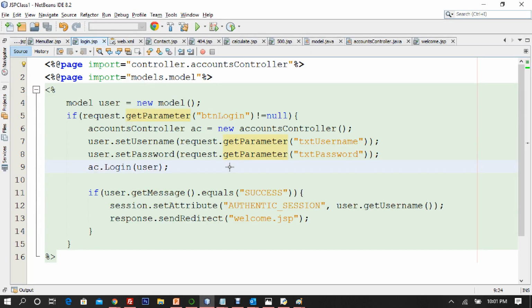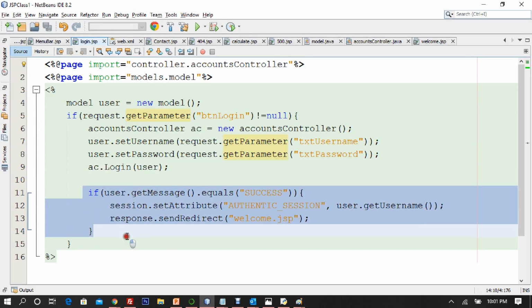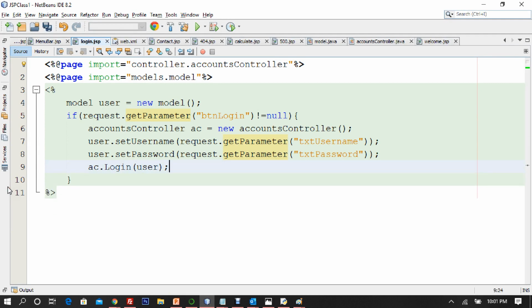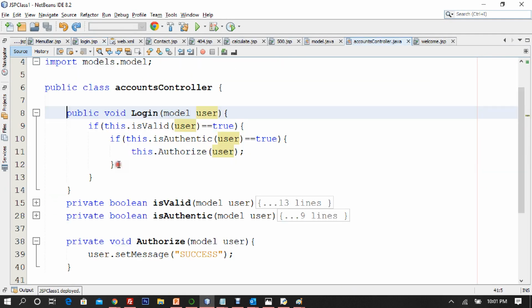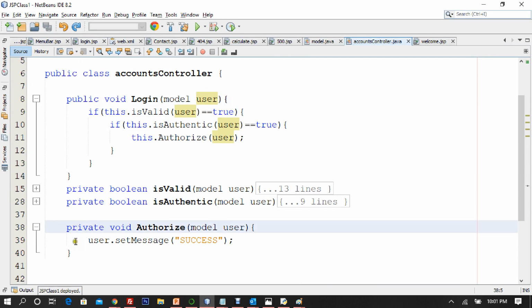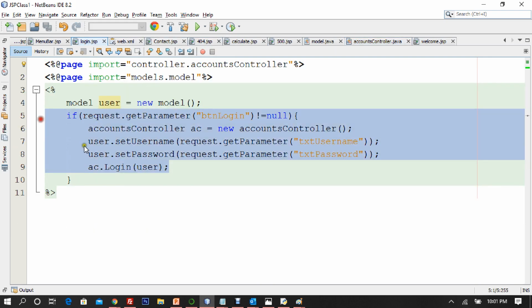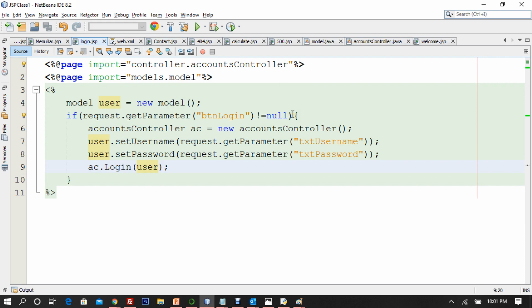I'll explain it again. What you are doing here is hard coded. I don't want to do it here. Nothing can be done here. I'll delete it here. I don't want anything here. Only call the login function. Login calls the authorize. Now authorize should take response.redirect, and you should be able to do both things here, right? Session.setAttribute will happen in the authorize function, and response.sendRedirect will happen in the authorize function, right? Not here. So here it is going to be as it was beforehand, before we started